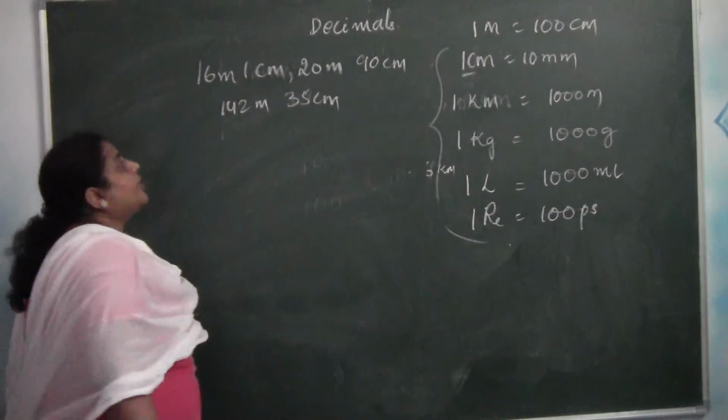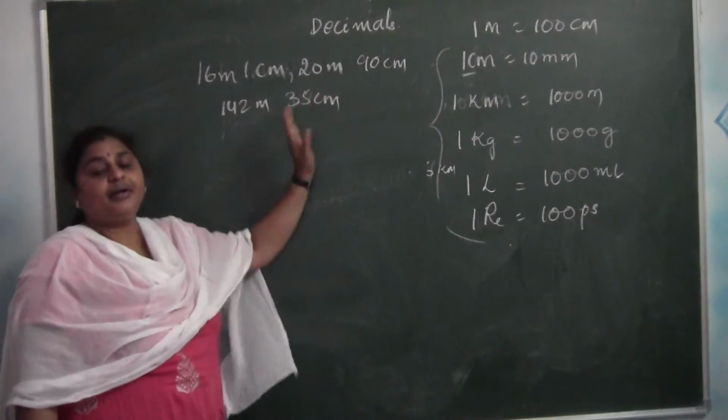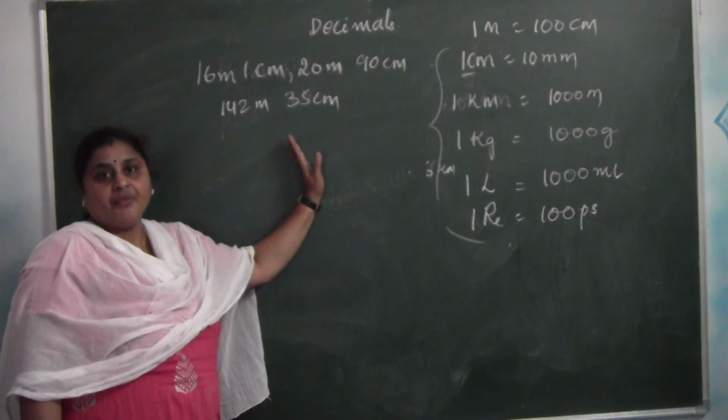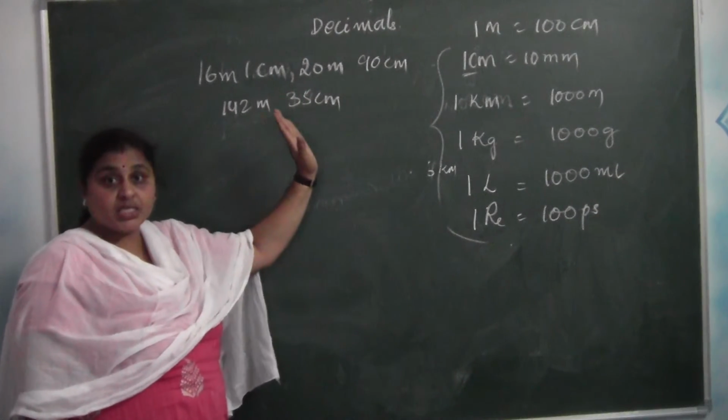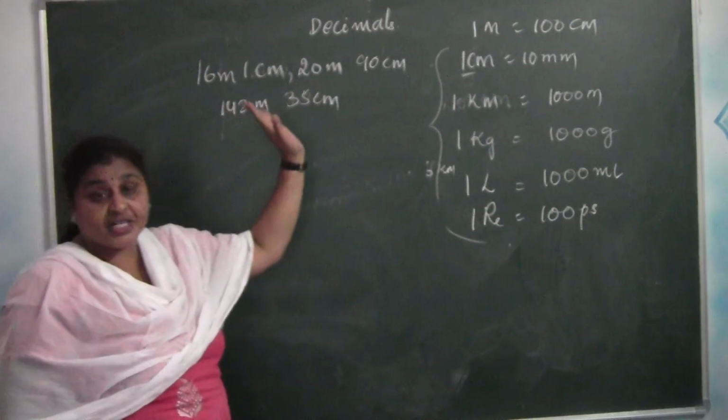So here you are adding 3 different numbers that have 2 different units, meters